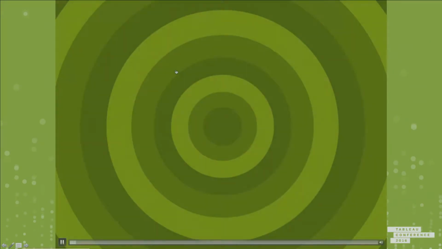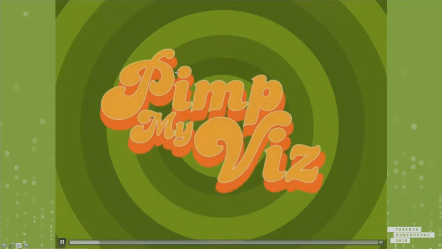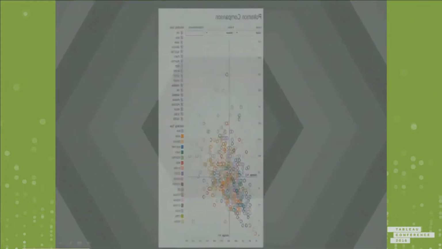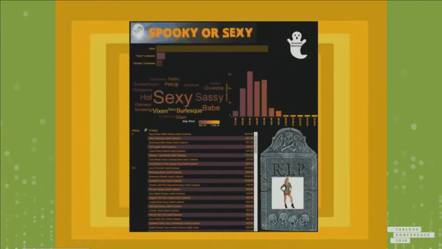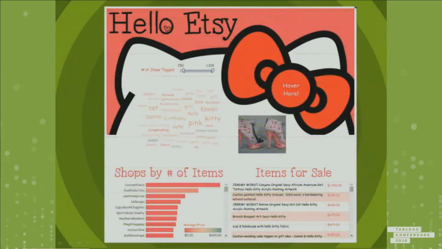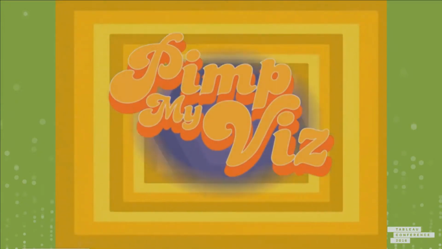It will actually play. So you wanna be a player, but your dashboard is shiz. You gotta hit Jewel up to get a pimped out viz. You got to pimp my viz. Damn right. You got to pimp